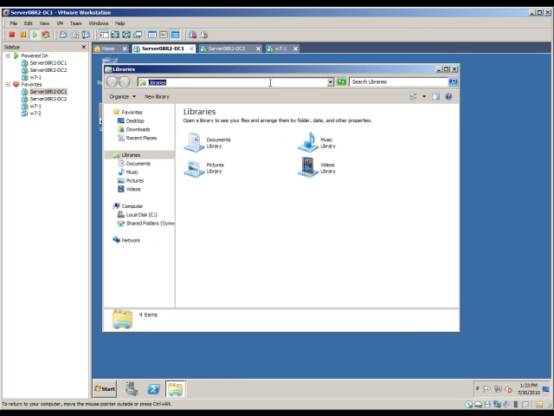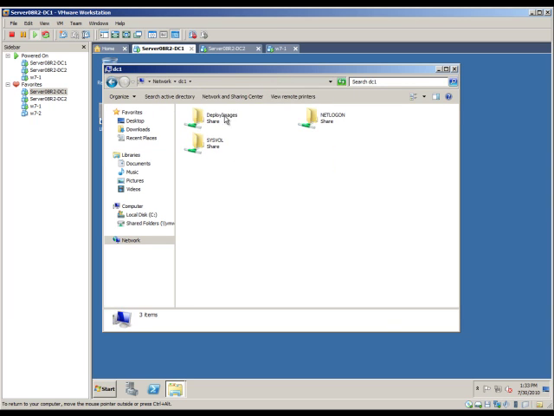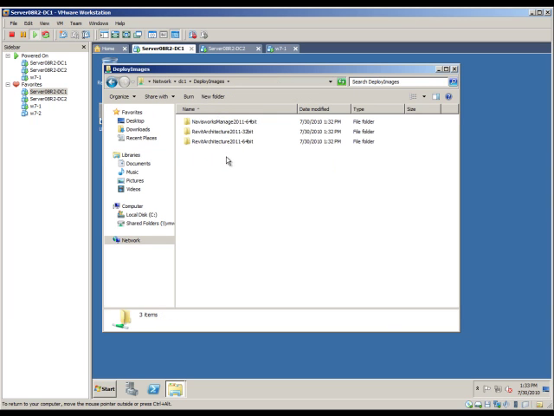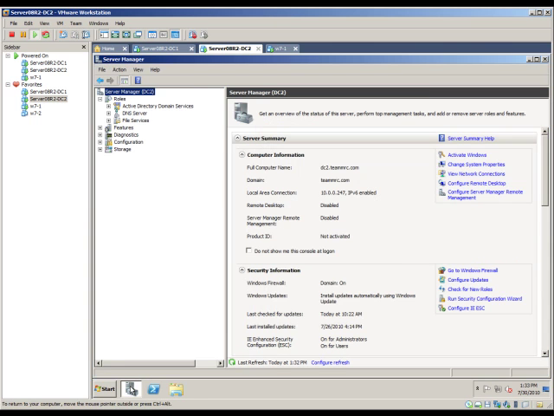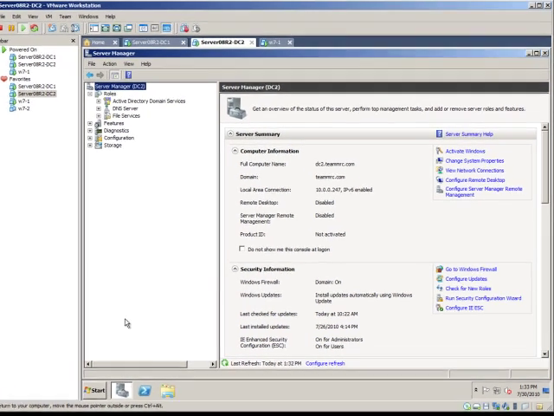So I'm going to browse in right now to the UNC path of the server. DC1 is the server name, and you can see all three folders being created. And right now I'm going to DC2, and these all join into its own domain. In DC2 I'm going to go into Server Manager, click that, and in Server Manager, check this out on